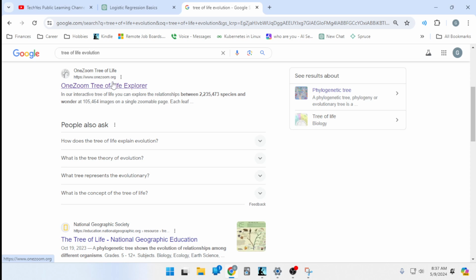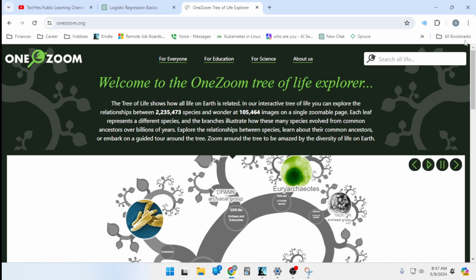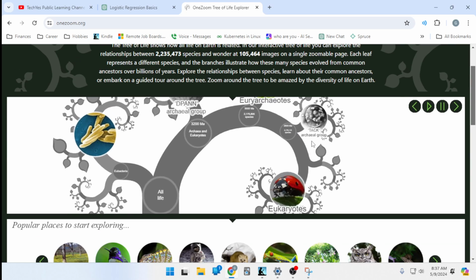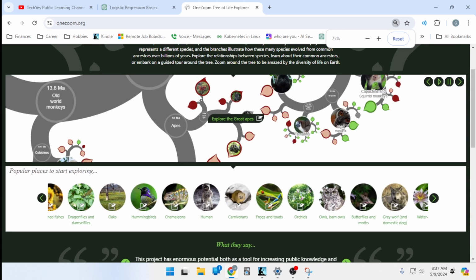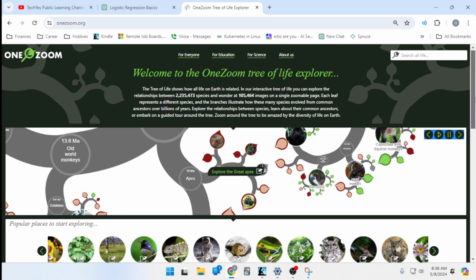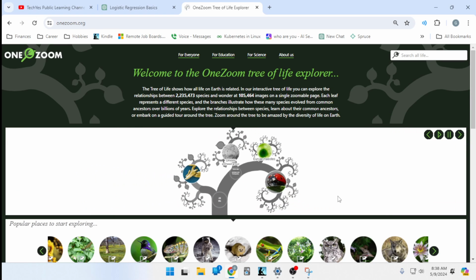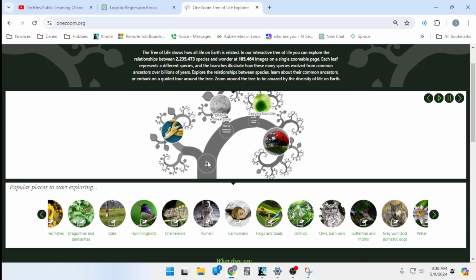Yeah, so this is my favorite one. It's onezoom.org, and the tree of life is how species share common ancestors. So it goes. Let's stop zooming in, please. How do I go back? I wish it wouldn't have zoomed in automatically like that. Okay, so now I can hit pause. There we go. And now if I click on all of life,